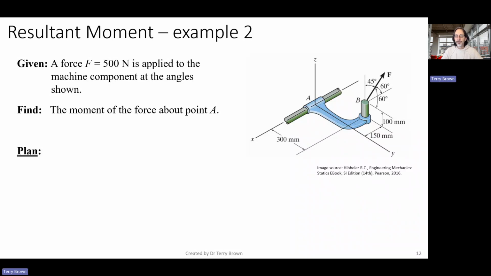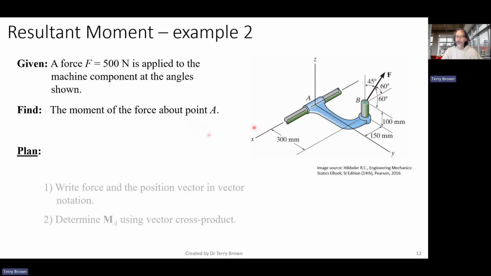Okay, we're back again, and I'm going to go through this second example, which is now a true 3D vector problem. So we have this component here shown on the right in blue, it's on a rod here, shown in green. We've got this force applied at the end here, and we're asked to determine the moment of the force about